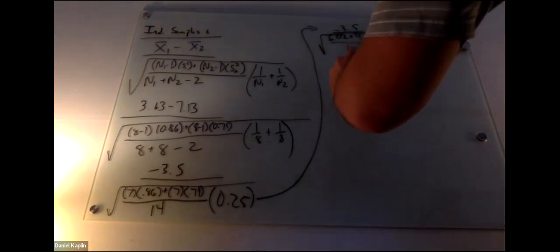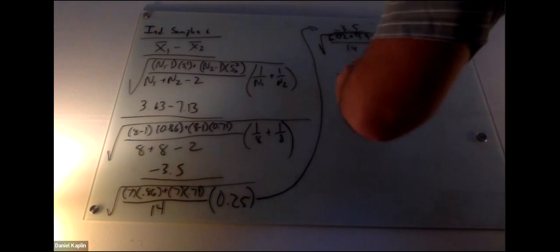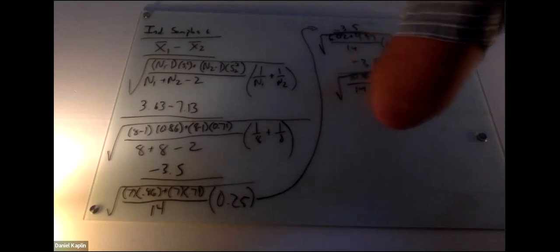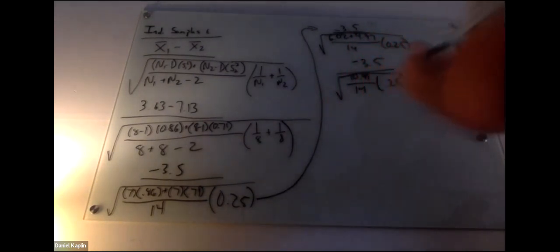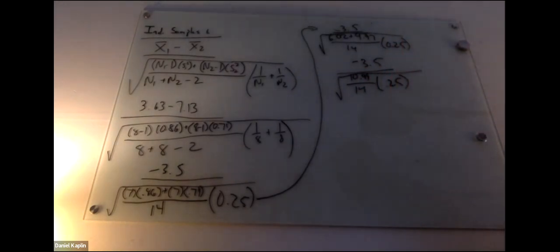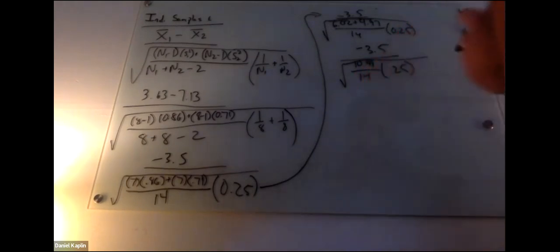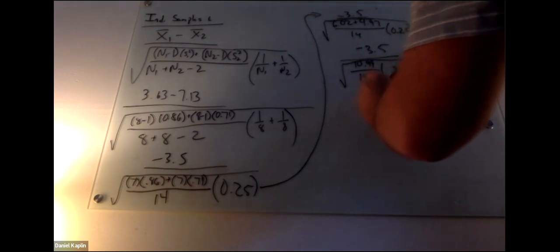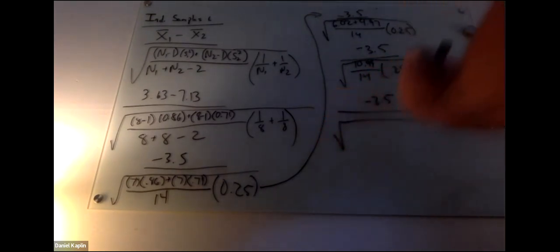So that gives us 10.99 over 14. Again, don't forget the square root, times 0.25. So I'm just bringing it down and slowly working through the process. Okay, so now 10.99 divided by 14, what is that? So we have minus 3.5 divided by the square root of